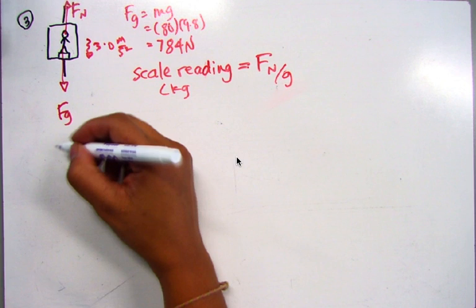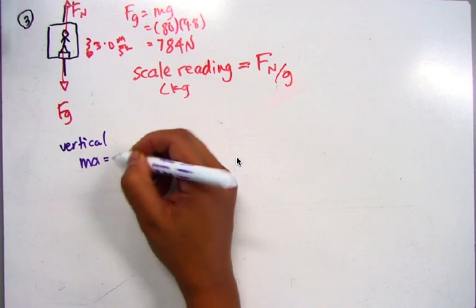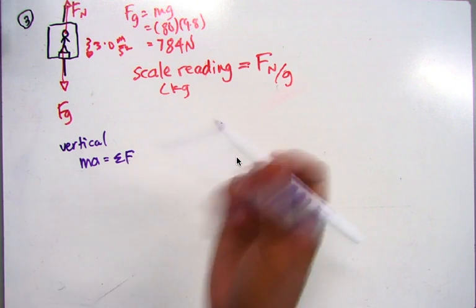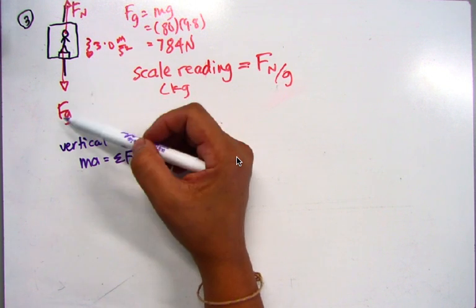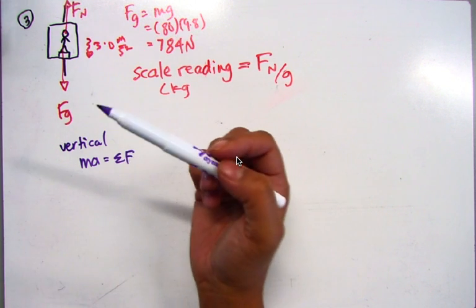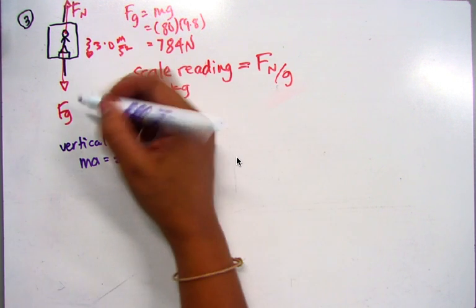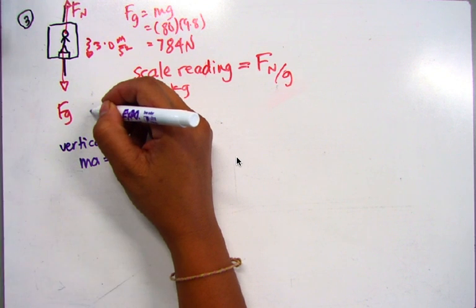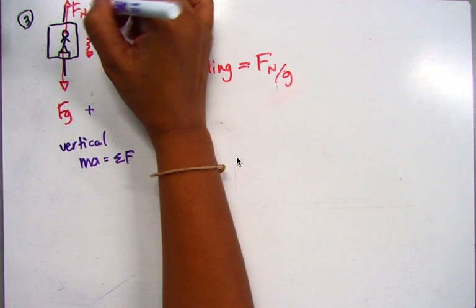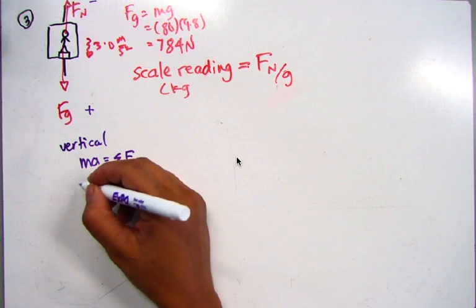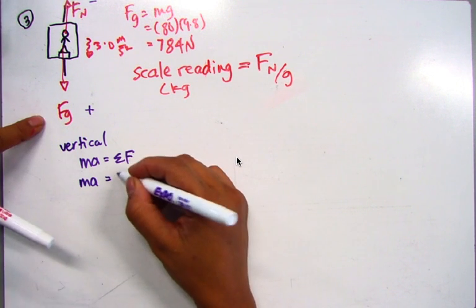So looking at this in the vertical direction, we can do our ma equals the sum of the forces. Now, we're going to be intentional and very careful about how we choose our sign convention here. Normally, we make down negative, up positive. But in this particular example, our acceleration is down. So you have two choices. You could make down negative, but don't forget to make your a negative. Or you can just take that worry out and make the direction it's accelerating positive. And therefore, we get ma, a now is positive 3, equals, and since Fg is in the positive direction,